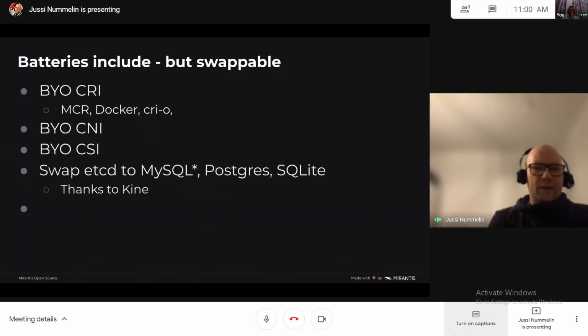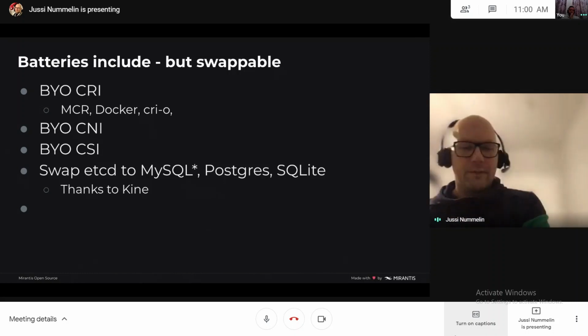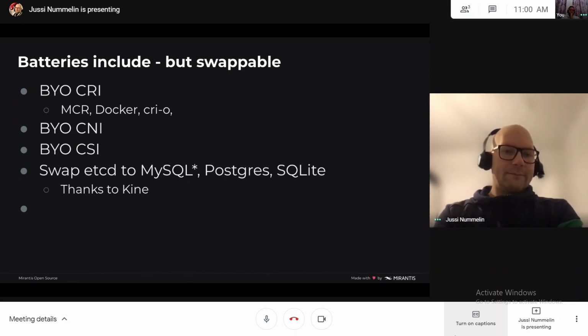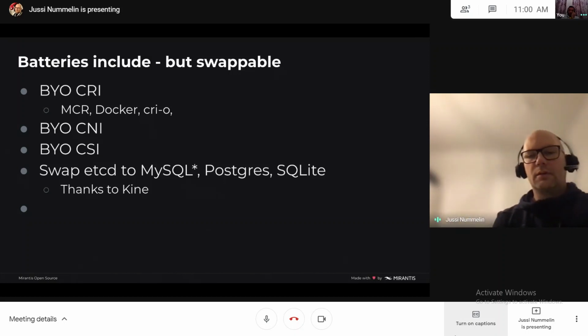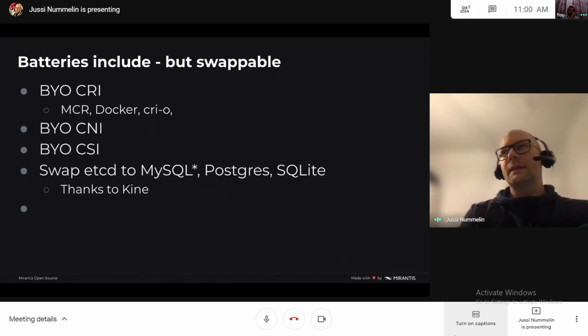Thanks to the open source project and component called Kine, which originates from the folks at Rancher, we also embed Kine into K0s, and with Kine you can actually swap out the default etcd storage on the control plane for something like MySQL or any compatible database, or Postgres, or SQLite for single node cases.